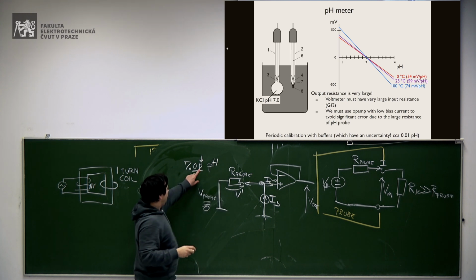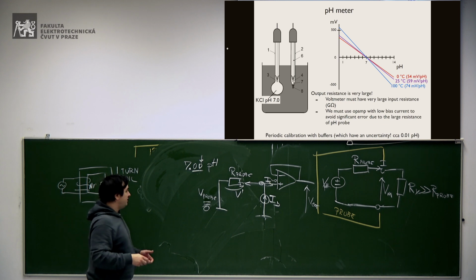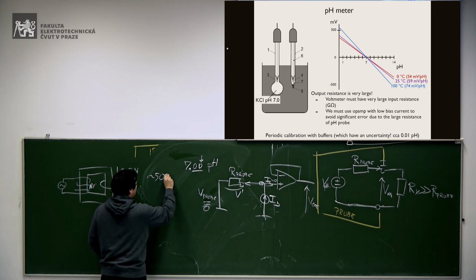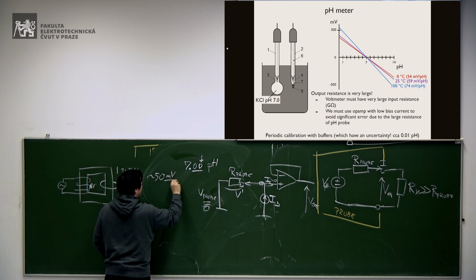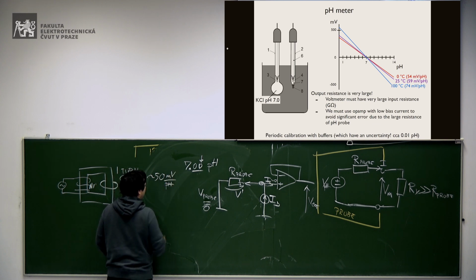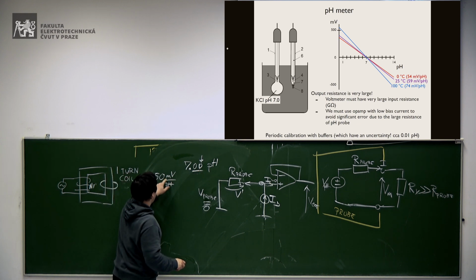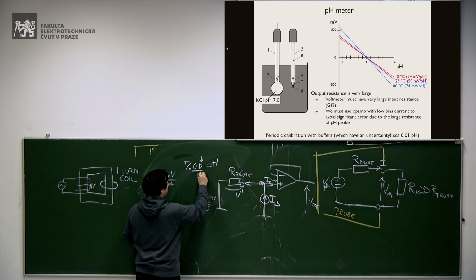What does it mean? Let's say you have a slope of about 50 millivolts per unit of pH. It means that this digit corresponds to 500 micro...